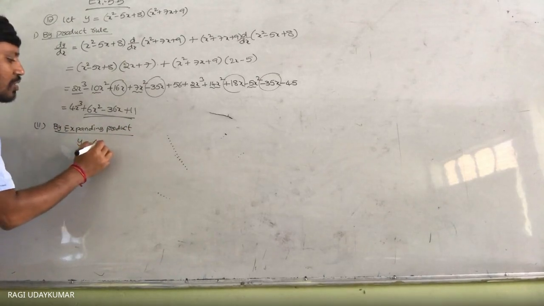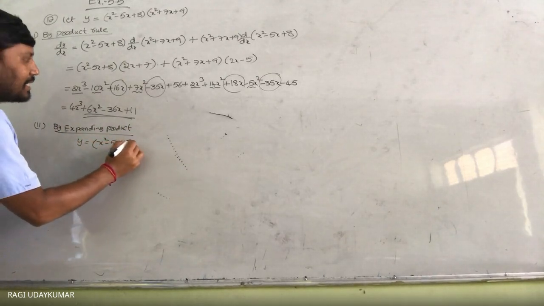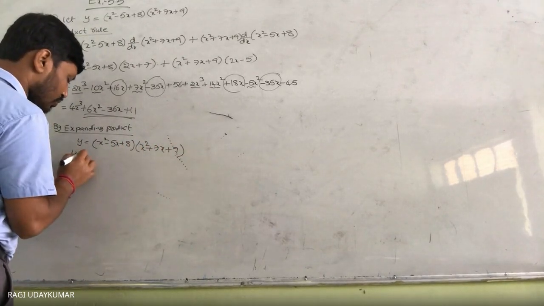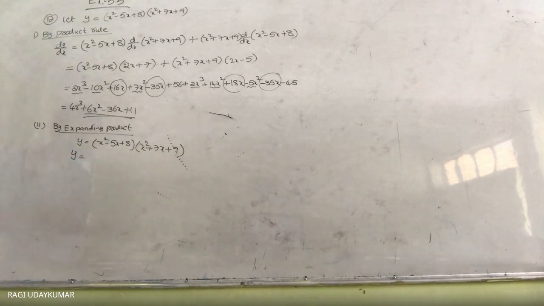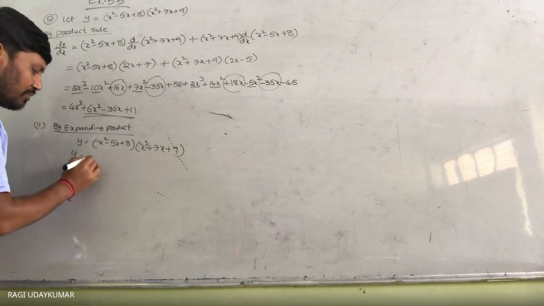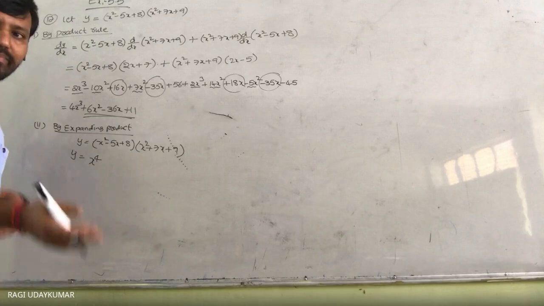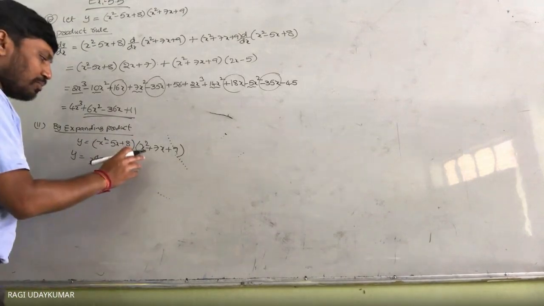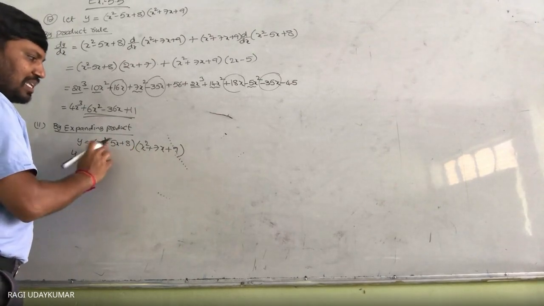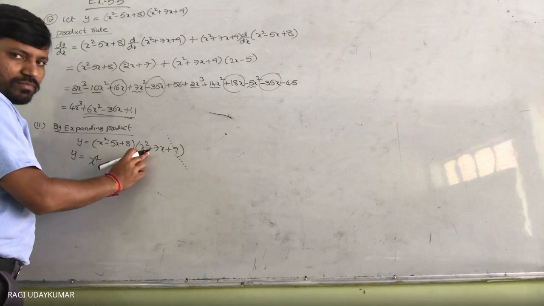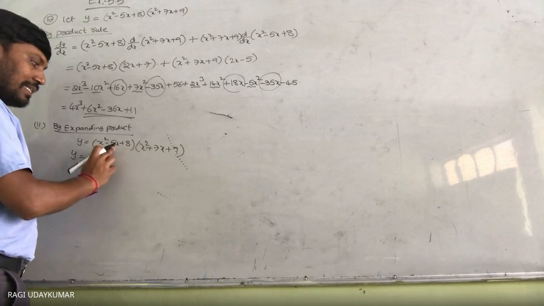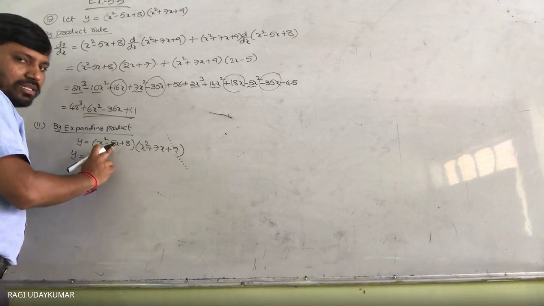So y is equals to x square minus 5x plus 8 into x square plus 7x plus 9. So first you don't differentiate. Okay, x power 4 term. These two, if you multiply, x power 4 term we are going to get. Next, x cube term. I am multiplying it directly, product finding. X cube कैसे आएगा? Plus 7x cube आएगा. Minus 5x square. Plus 7 minus 5 x square. ये दोनों multiply कर लिया तो x square ही आ जाएगा ना. And these two, if you multiply also x square we are going to get.